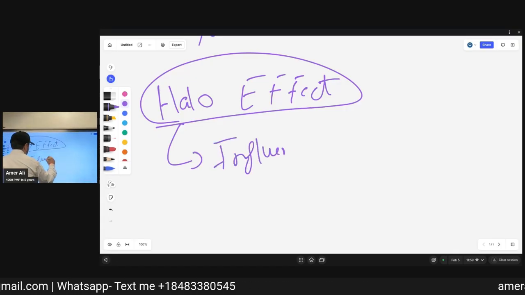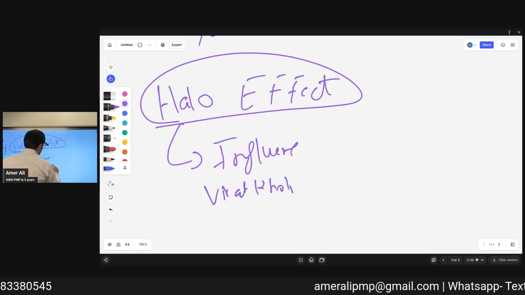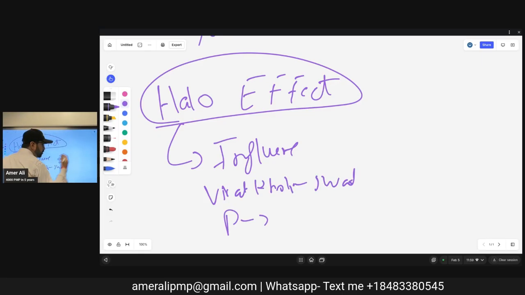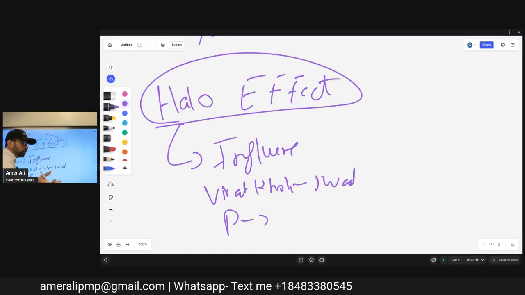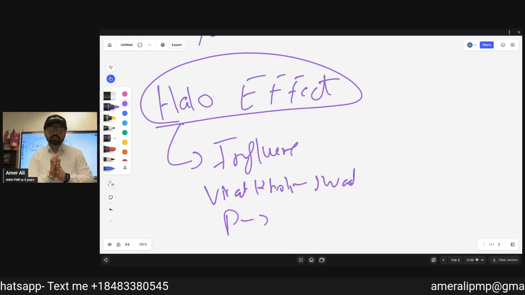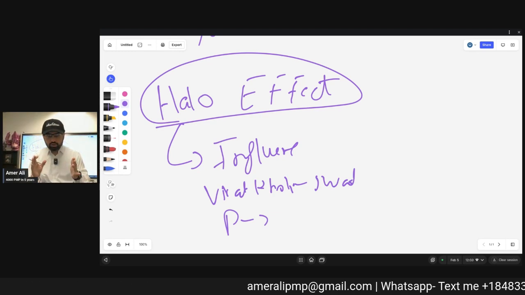is based on that. You see Virat Kohli drinking a water, you buy that water. You see some actress using that perfume, wearing those shoes, you do that. Your entire influencing market is based on halo effect. Am I clear about it? Is that clear to everyone?